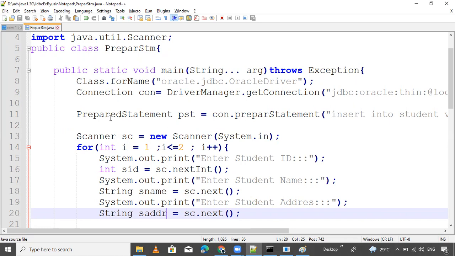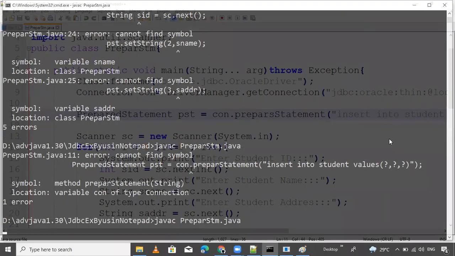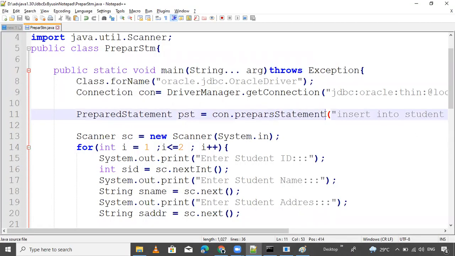This seems good now. Check con.prepareStatement. Spelling mistakes are there. Prepare, prepare, PreparedStatement.